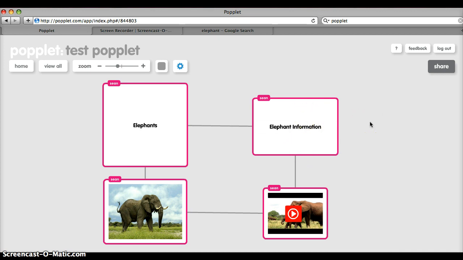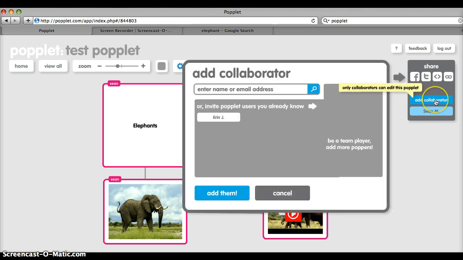Another important feature of Popplet is you can collaborate with others at the same time, so multiple people can work on the presentation at once. Very, very important feature. To add people to your Popplet, you would just go up to Share, where you go down to Add Collaborator, and if the person you're wanting to add already has an account, you would just put their name or email up here and click Add Them. Again, it's important to note that the person has to have created the account in order for them to be added to your